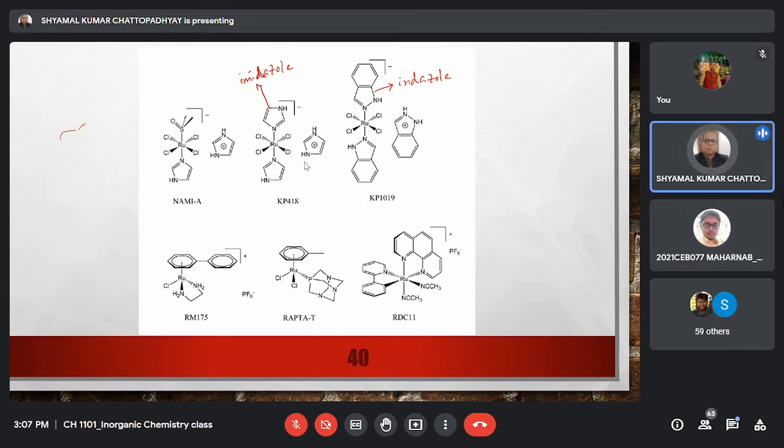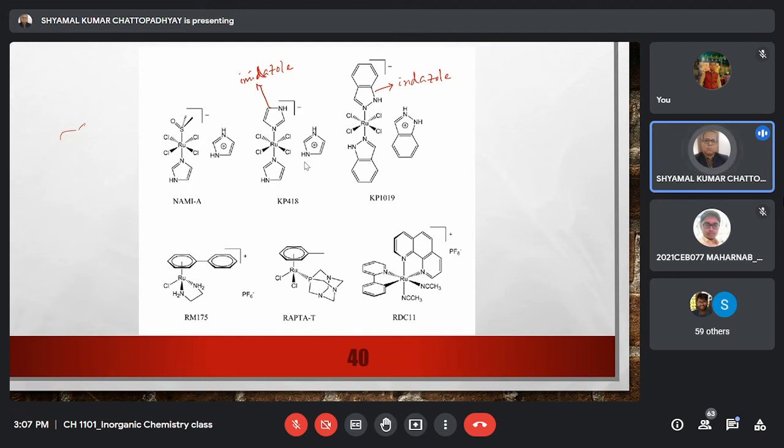No, actually, I have told you that they will attack both the normal cells as well as cancer cells. So in a way you cannot say that they will differentiate between cancer cell and normal cell. The difference is that in cancer cells, because of high metabolic activity, there is more blood flow.